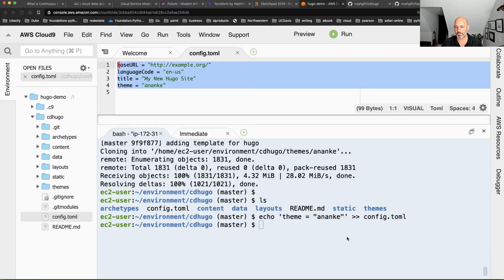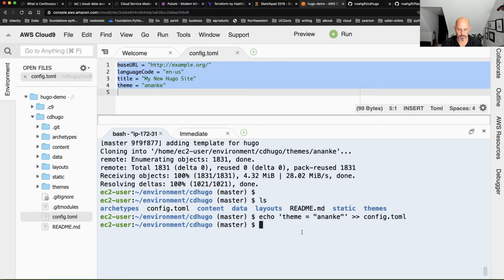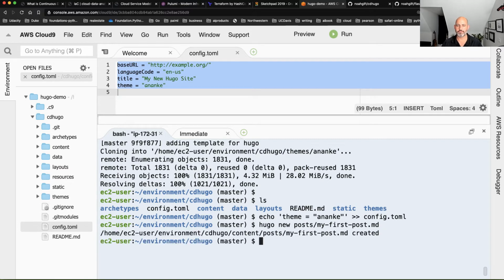To create a new blog post, it's just Markdown. I can just do this. I can just say Hugo, make new post. And then I could even put some stuff inside of there.